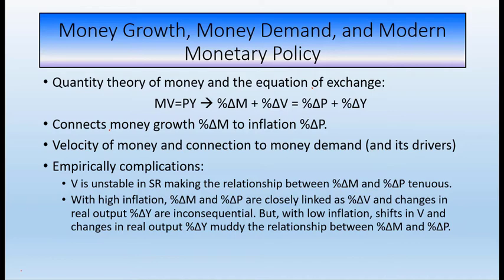What we really want to do here is examine how changes in the money supply affect changes in inflation. It turns out not to be that easy of a connection to track. And the reason is this: the velocity of money, which appears to be unstable, kind of throws a wrench in the relationship between those variables, growth in the money supply and inflation.